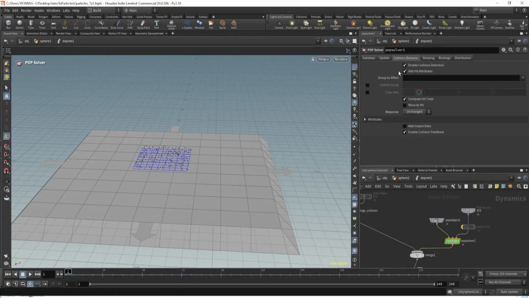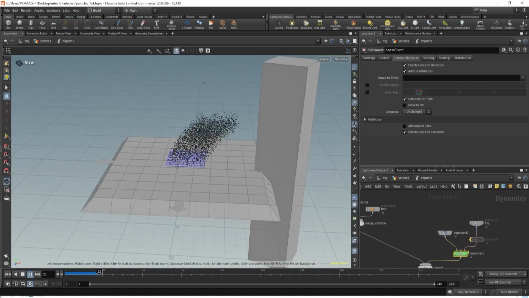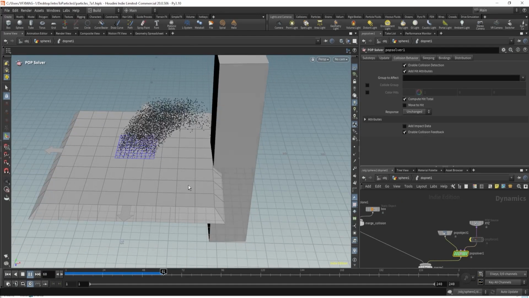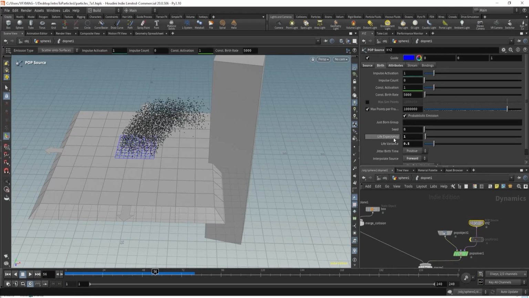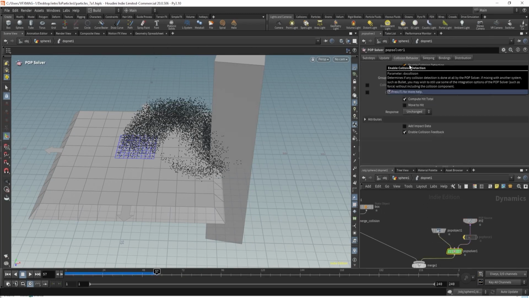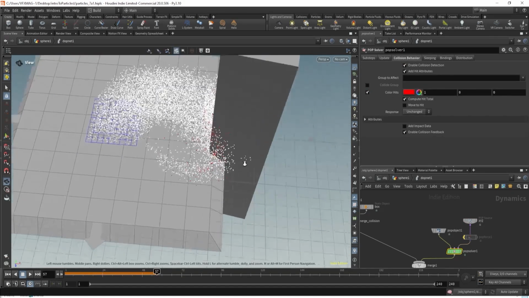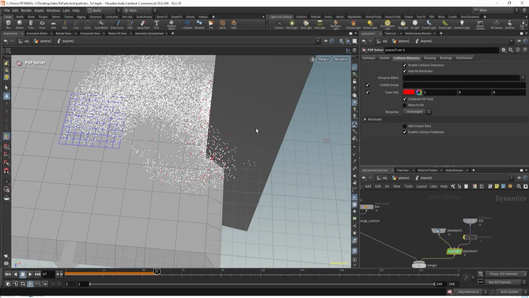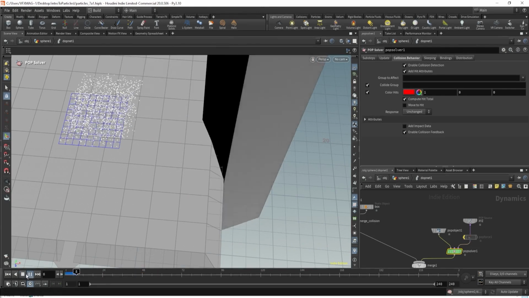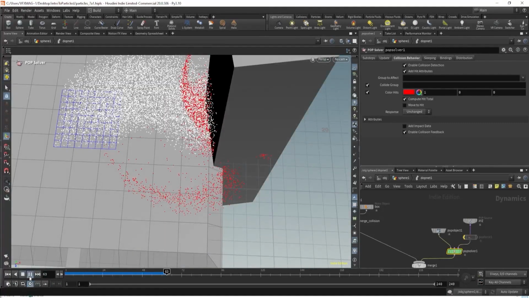Cool. Next we have collision behavior. So let me just turn this on. Here we have the option to define what it should do on collision. At the moment it's colliding over here, so you can add it into some group, or you can add a color. You can create a collide group, so whatever has collided, you can add a different force on that thing, right? So these are the collided. You can add extra drag on that thing,